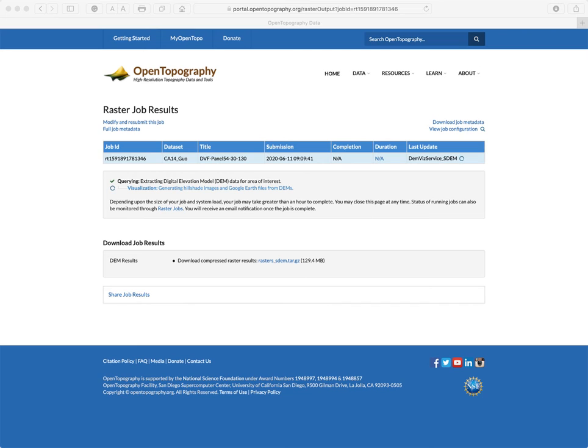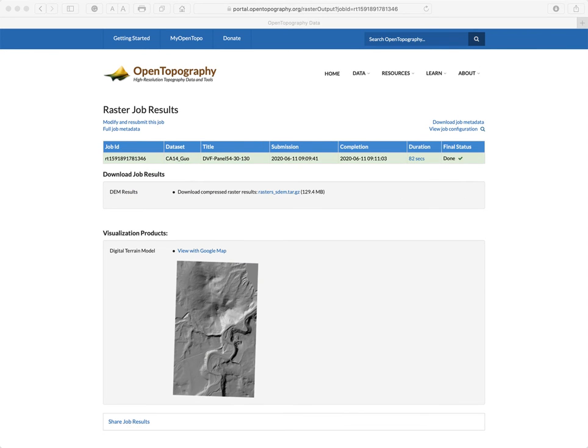It takes a little while, but it has pulled down the DEM results and put them into a compressed file that is 129.4 megabytes in size. Now it's working on creating the hillshade image, so I'm going to pause it again and we'll be back as soon as it comes back. Okay, the visualization product is now back,